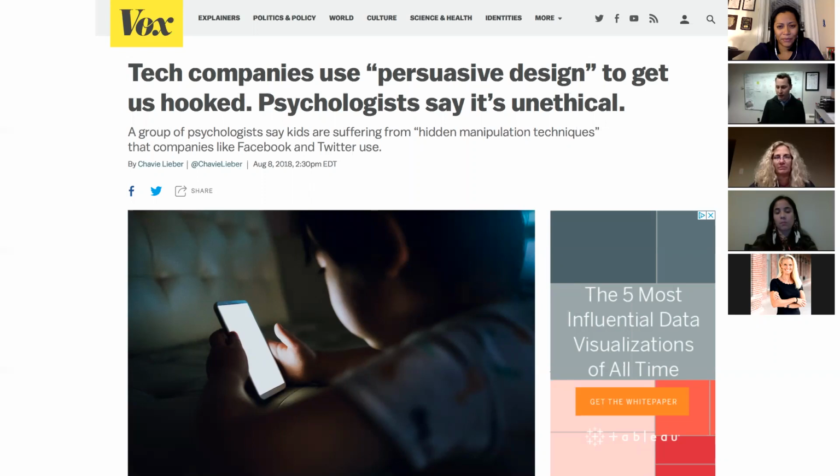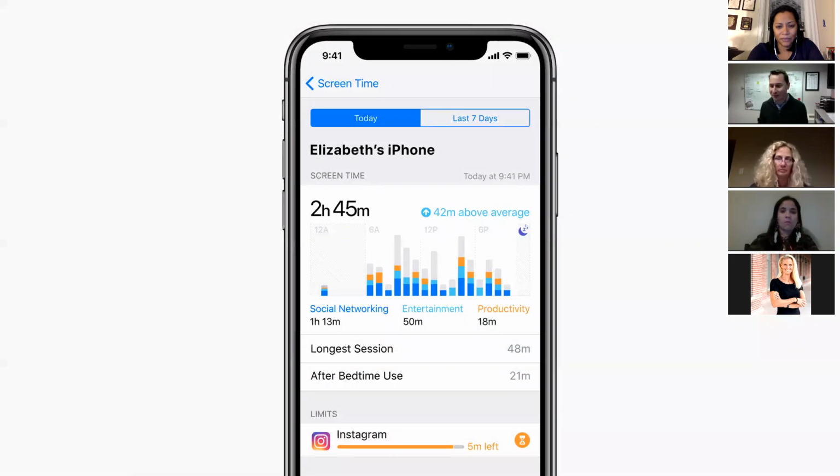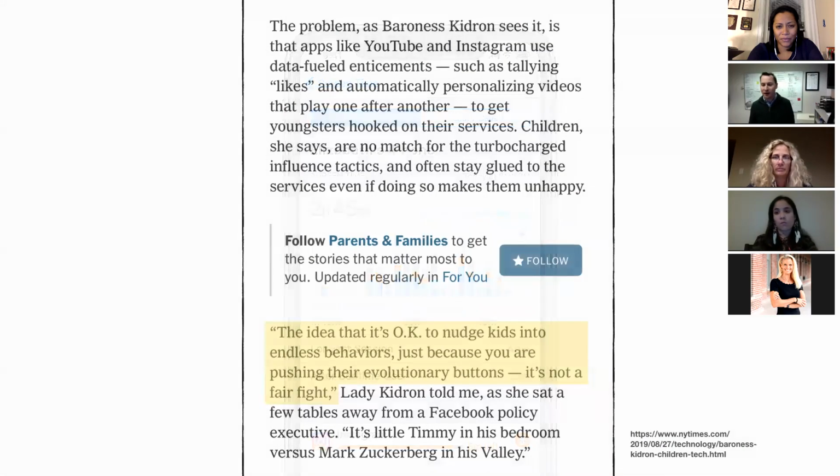addiction. And the biggest targets of tech addiction in terms of government and research, not my work, but more broadly, is focused on this idea of persuasion and how much persuasion is appropriate to use with children. You can see examples like Screen Time from Apple that helps give you a sense of what's happening behind the scenes and helping you make more educated decisions. But as much as those kinds of data protection mechanisms are starting to come online, there are also major issues about how we think we can engage with children in relation to the interactions that we set for them. This was an article that came out in August, but I think it still rings really true.